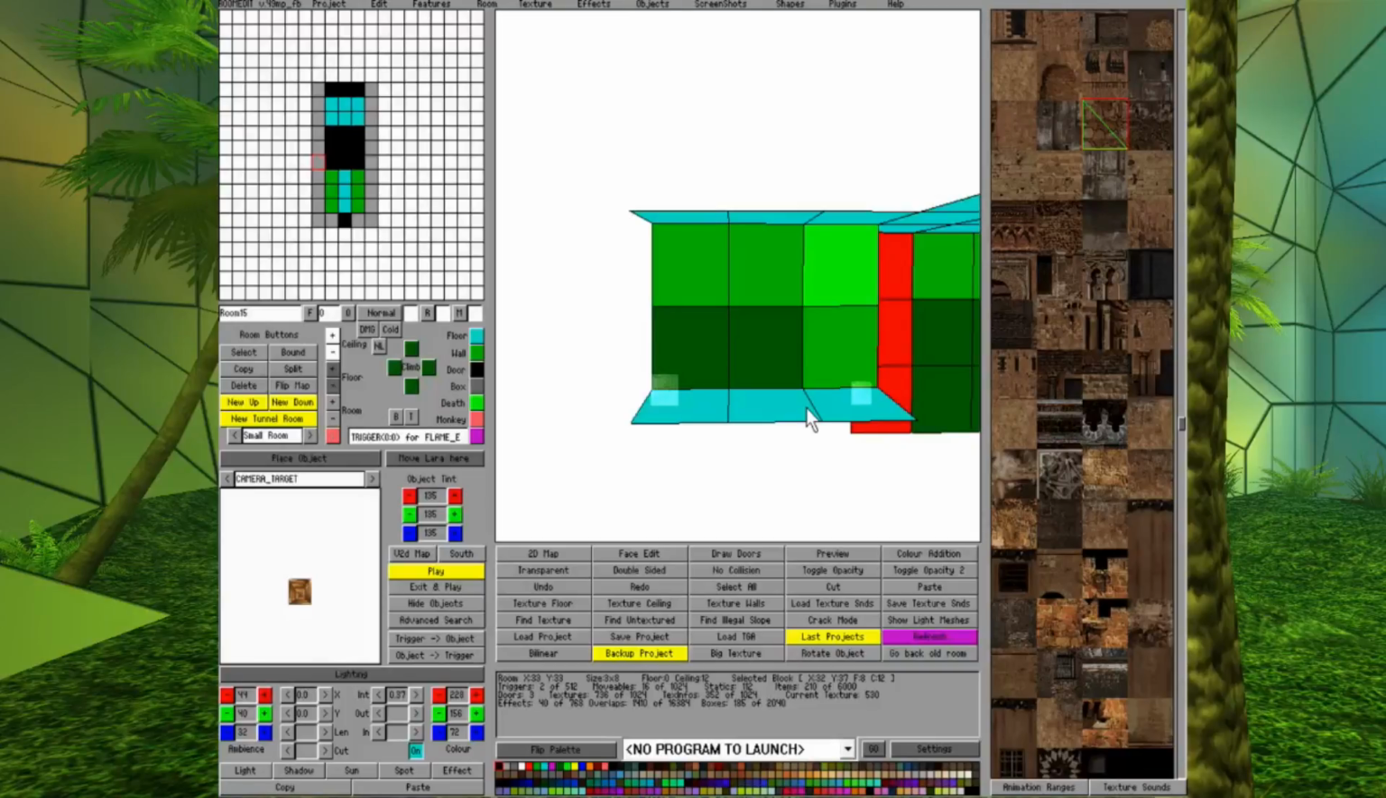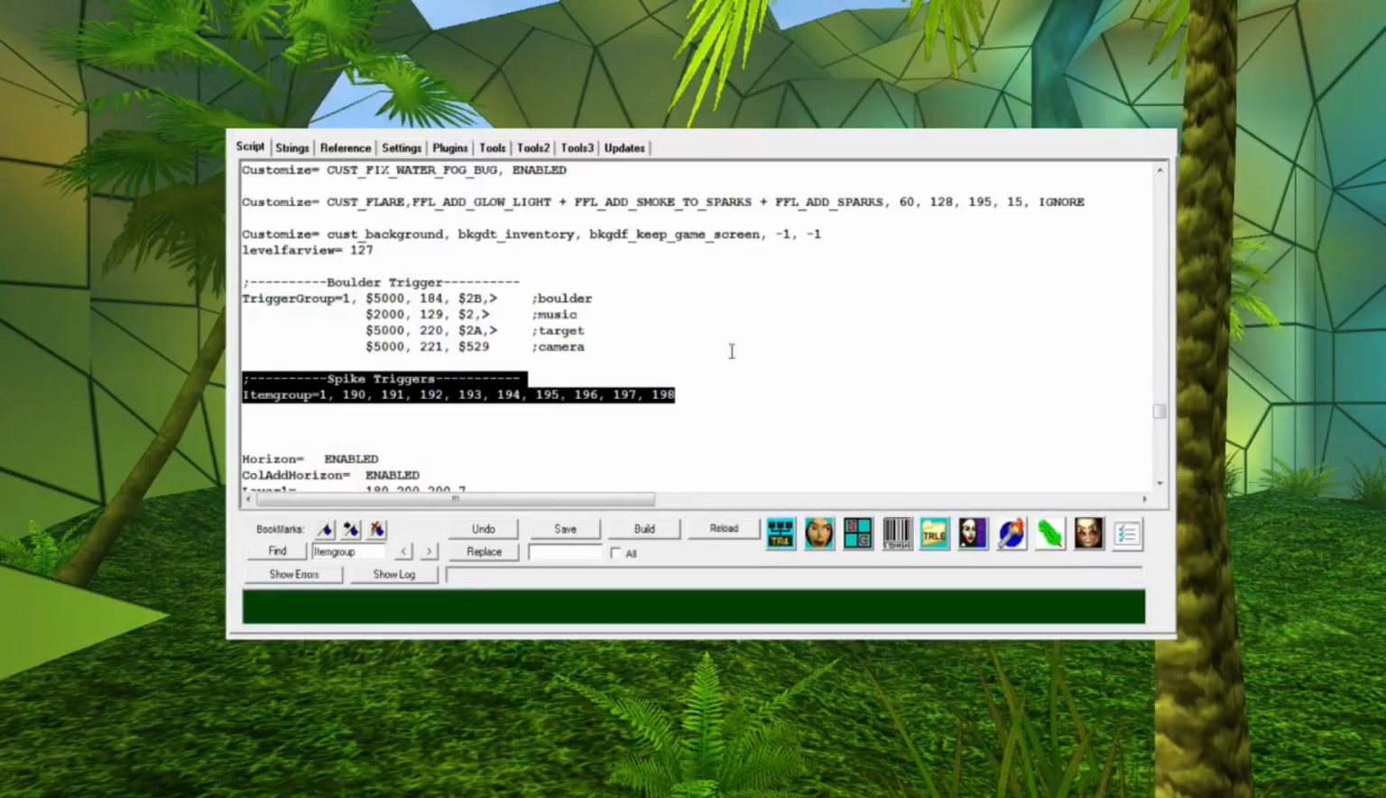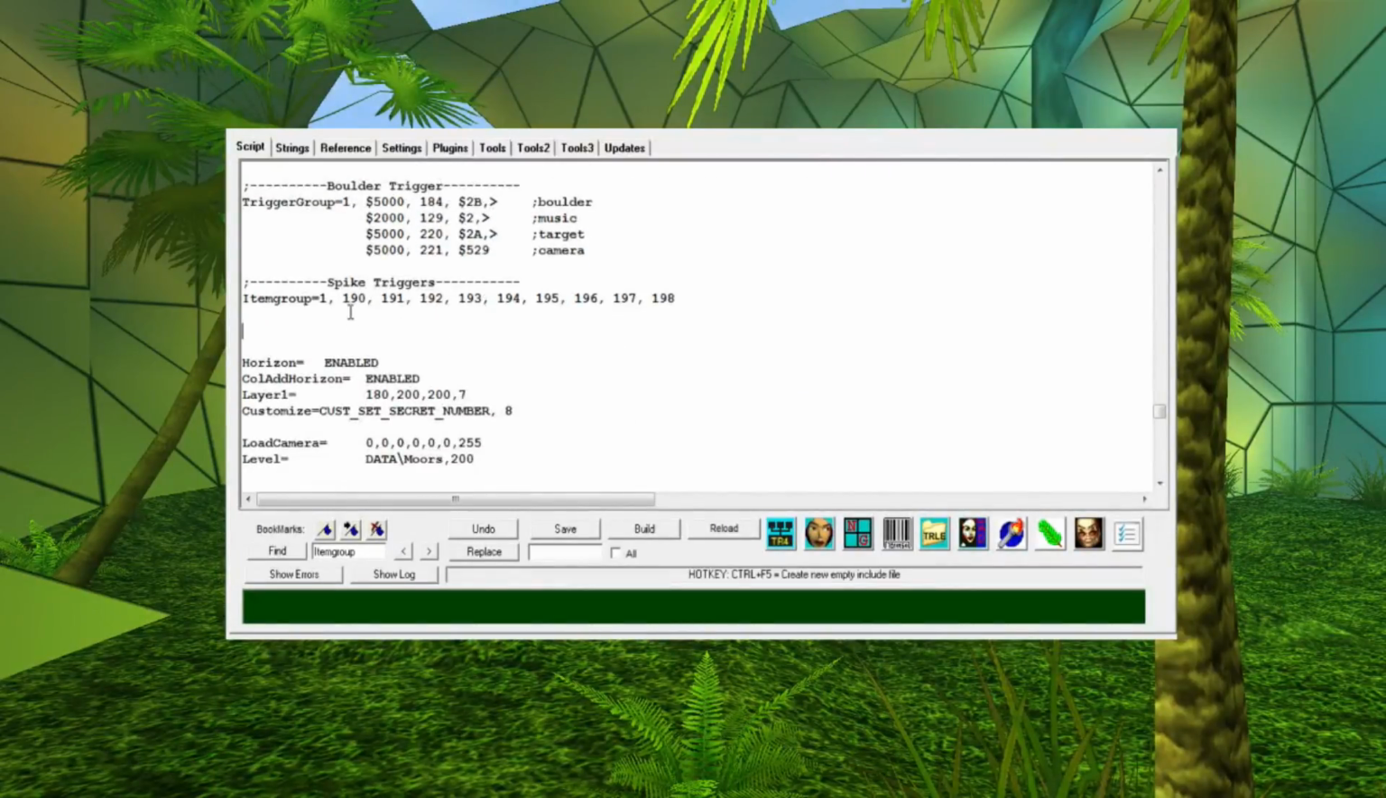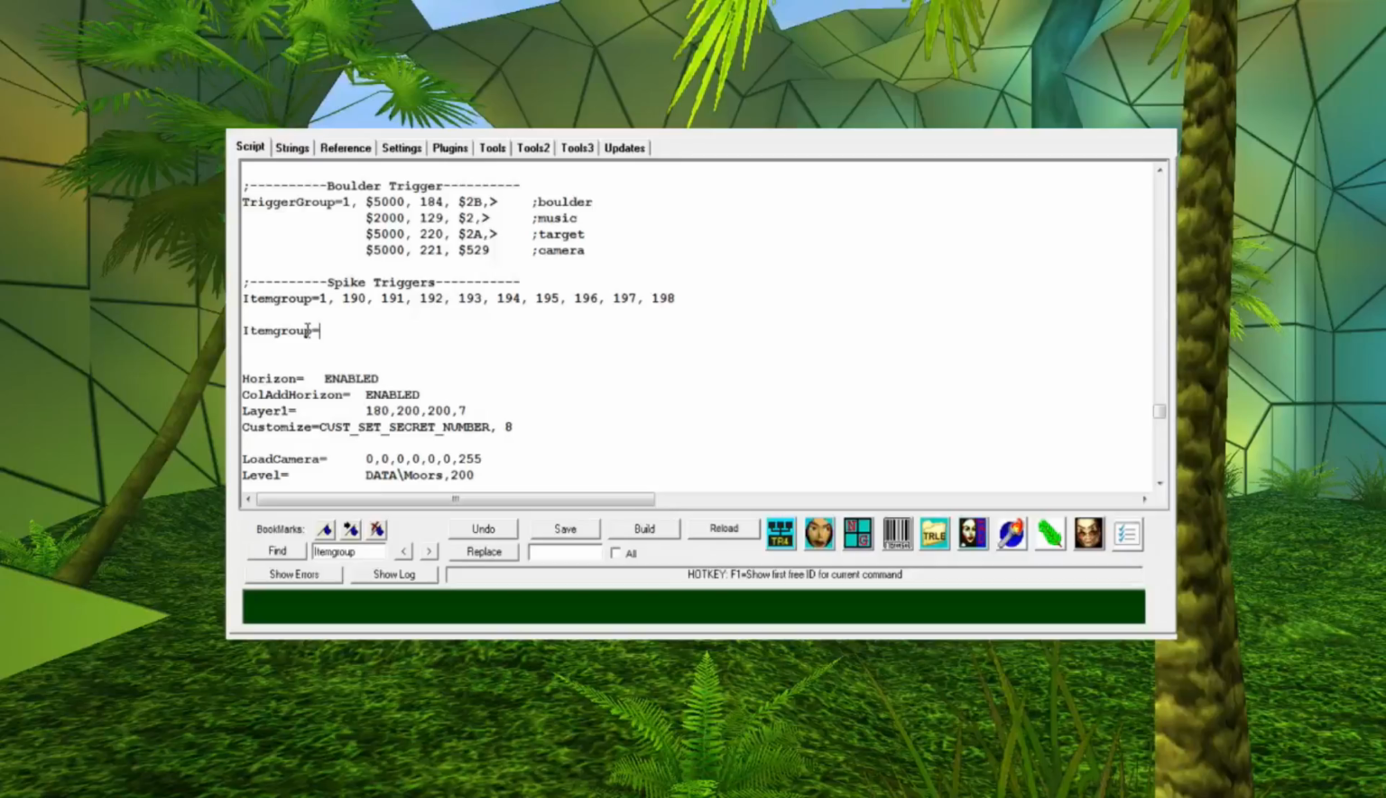So what we need to do is note down the IDs of the flames. So we have 212 and we have 211. So I'm going to open up Next Gen Center once again, and we are going to copy and paste the item group command. Paste that in again, press F1, and it will give me 2 as the next available number, and we want 211 and